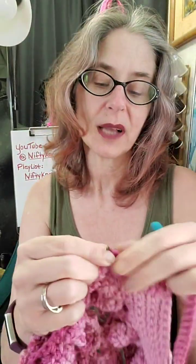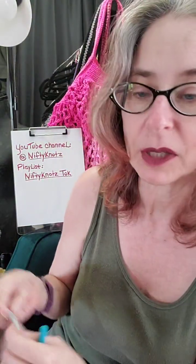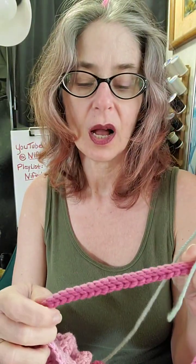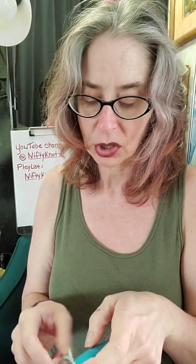Okay, so now we're back down to where we started, and I'm going to use a different color just because it's what I have available. Okay, perfect, thank you, Tammy. I'm going to use a different color just so that you can kind of see when I'm doing the finish up for this. For the handle part of it, it'll be a little bit easier for you to see. So now we made our way down here, and this time we're just going to slip stitch in the first slip stitch,